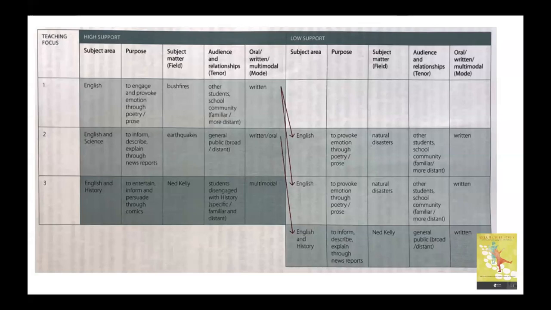So again, specific distant audience, and we're dealing with history here, and so interpretation of history, and that's where the field for that bottom focus actually came from in terms of Ned Kelly. So when they'd moved back into independently writing newspapers on Ned Kelly, they already had the topic or the field knowledge. So this diagram could have multiple rows underneath if you plan across a term or a year, depending on